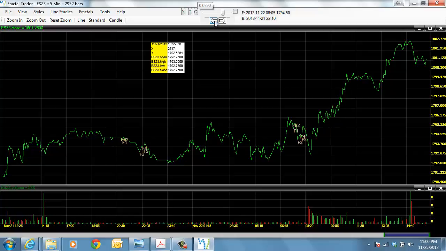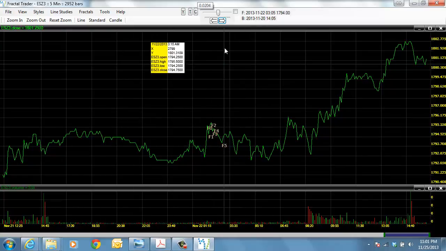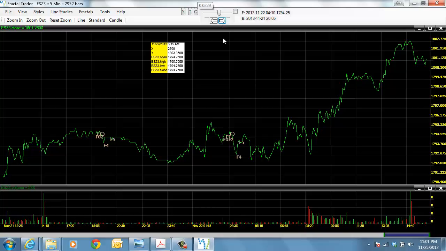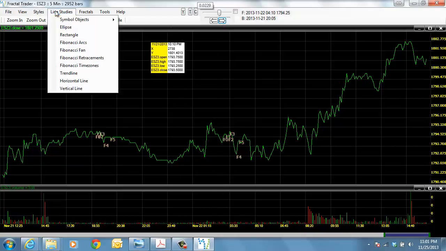You'll kind of see some of the same things, some of the same behavior. I don't have to go all the way back, I guess, but for example, here was the top there at 17.95 and 3/4. There were more trading opportunities within that trading range based on that 5-minute chart and the 5-minute fractals. There are quite a bit more, but again, you could have chosen to put a trend line down here, for example,